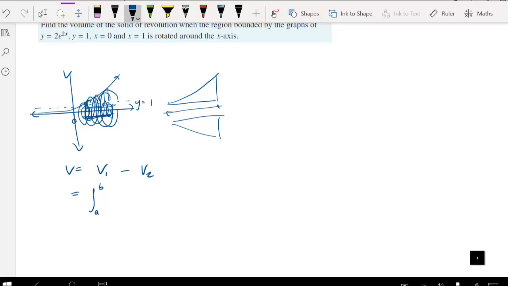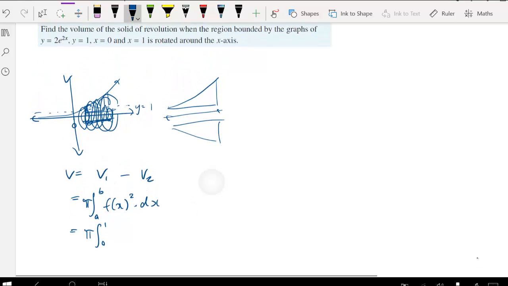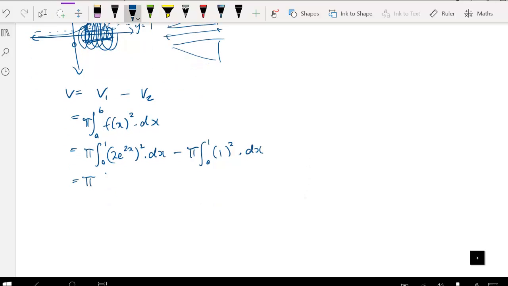We'll say b and a, the integral of f of x squared multiplied by pi dx, where we can write it two ways. We could say this is pi, the integral between 1 and 0 of 2e to the 2x, 2e to the 2x squared with respect to x, subtract pi, the integral between 1 and 0 of 1 squared dx, or we could put that all together and we can say that's pi, the integral between 1 and 0 of 4e to the 4x subtract 1